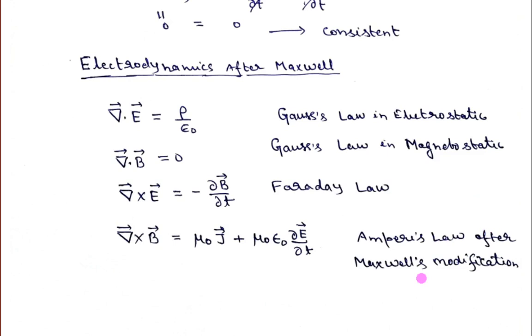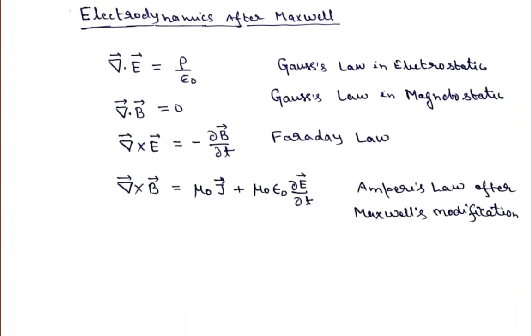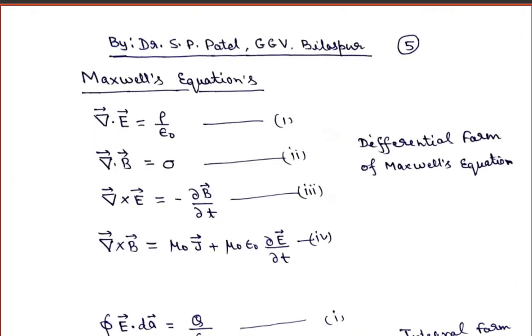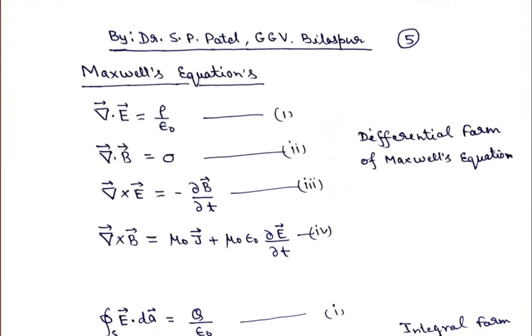So now at this situation, we are ready to learn a new thing, that is known as Maxwell's equations. So now I will start Maxwell equations. As I said on my previous page, if we write these four equations after Maxwell's modifications, after Maxwell's contribution, together, these equations are known as the Maxwell equations. And then we can call this the electromagnetic theory.